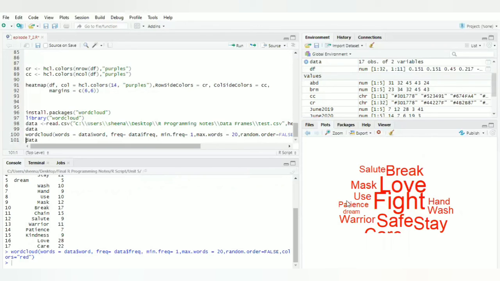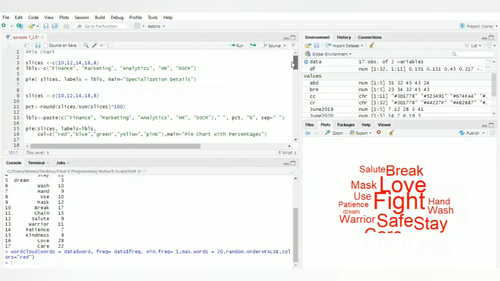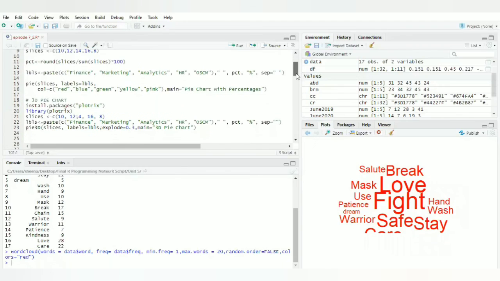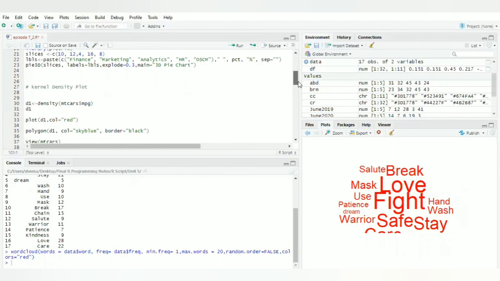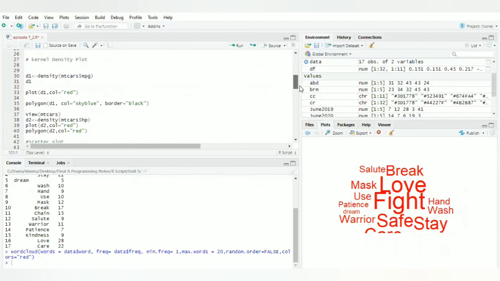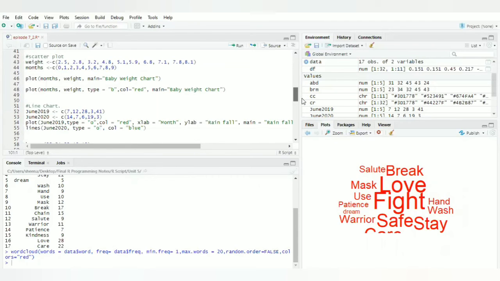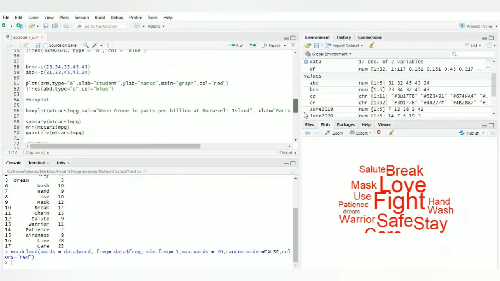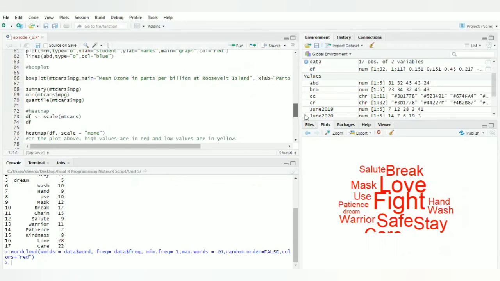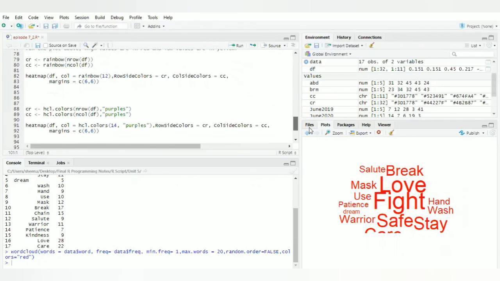So today we have learned how to draw a pie chart, how to draw a 3D pie chart, and after that how to draw a density plot diagram, then how to draw a scatter plot diagram, then line chart, then we have learned how to draw a box plot, heat map, and word cloud. I hope students you have understood the concepts. If you have any doubt, please feel free